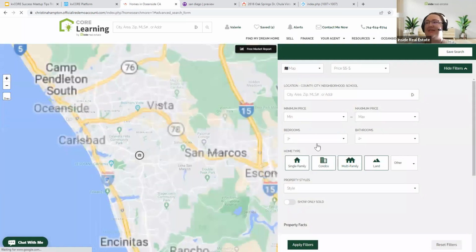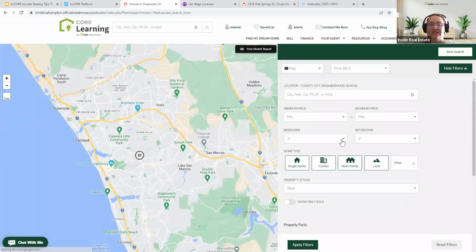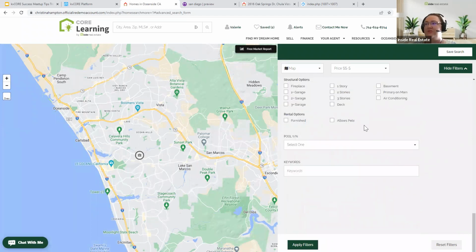And so what it's talking about specifically, I'm going to change my bed count. So I want to give us all the options here. So if you scroll down to the bottom, you have keywords, and these keywords search all the MLS descriptions. So if I type in motivated